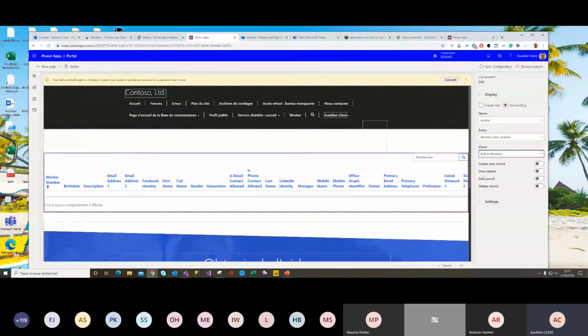You can just edit and give access to this user only to the Power Apps portal. And of course, afterwards it will be synced directly to finance and operations without any finance and operations license. And believe me, the cost of the license for the Power Apps portal is much cheaper than for finance and operations. So you don't want to put every worker or employee into finance and operations.